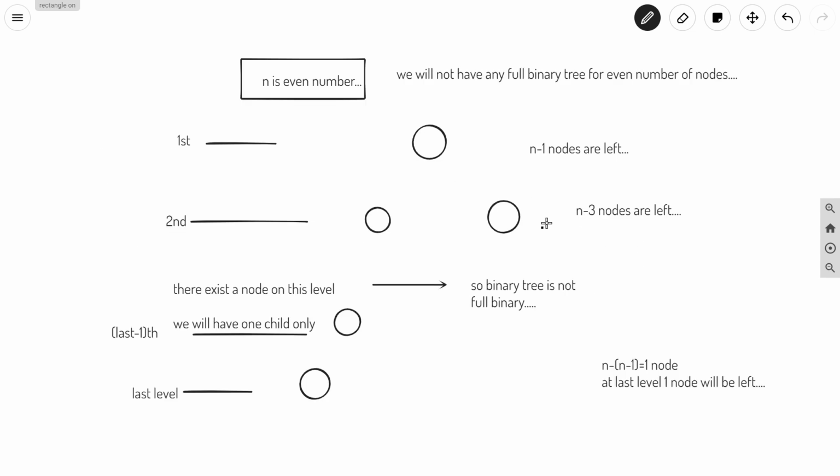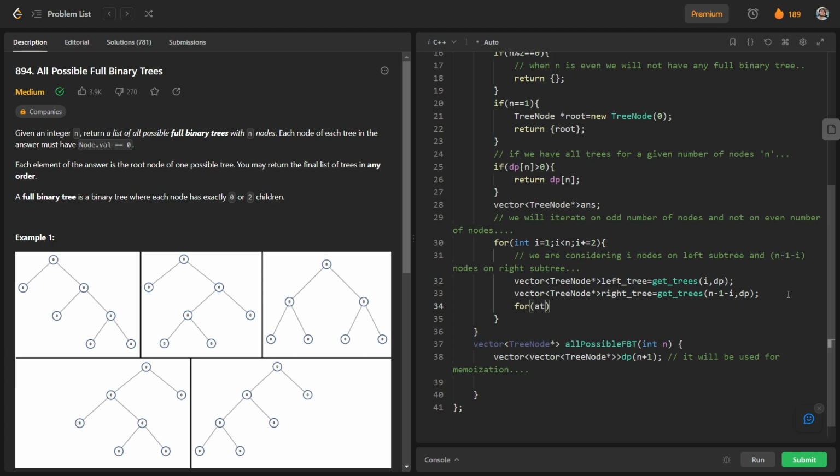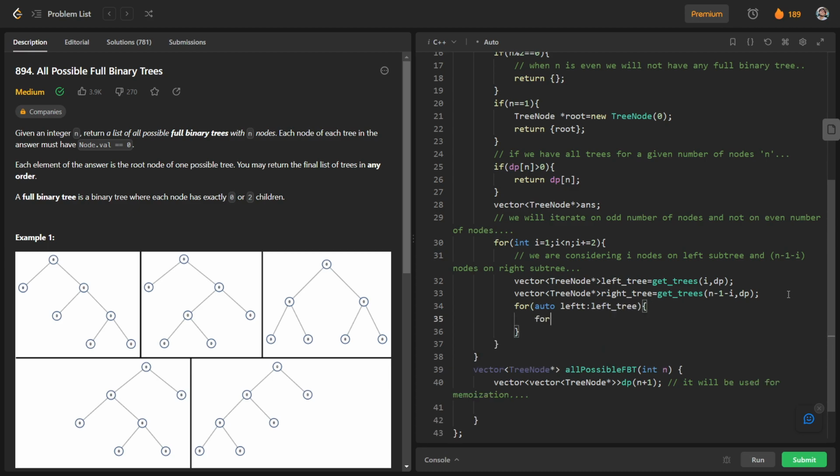So basically we will iterate over all the trees in the left tree and right tree. So I will have a variable, auto left, which is nothing but an element of left tree. And again we will have one for right tree.